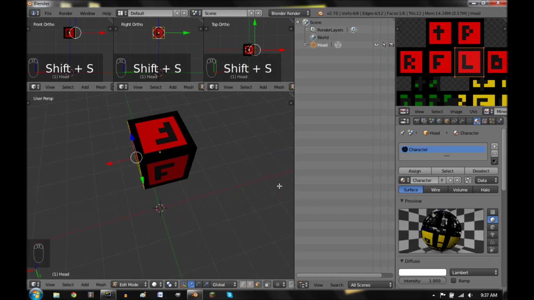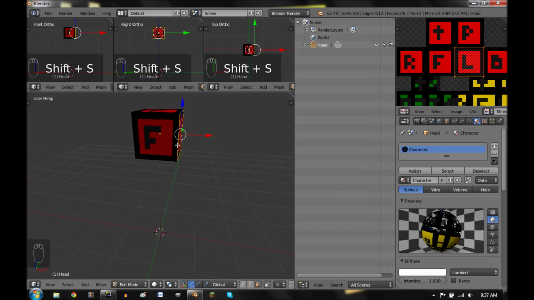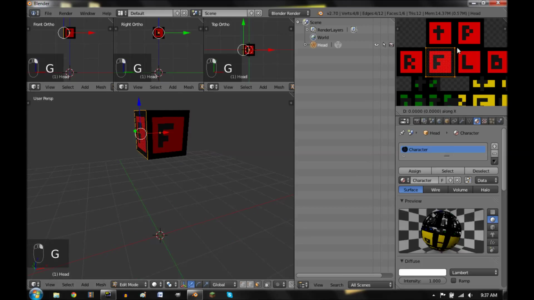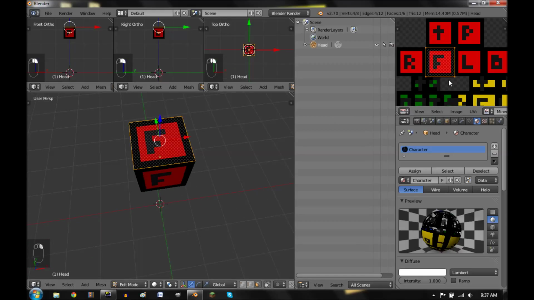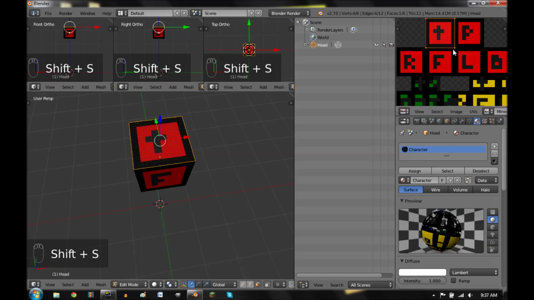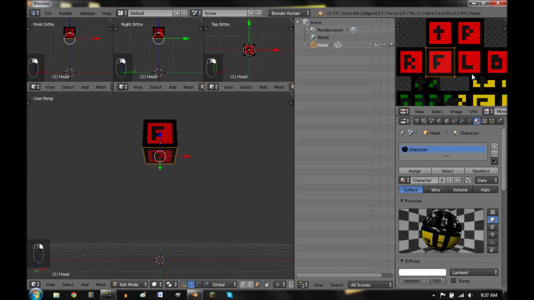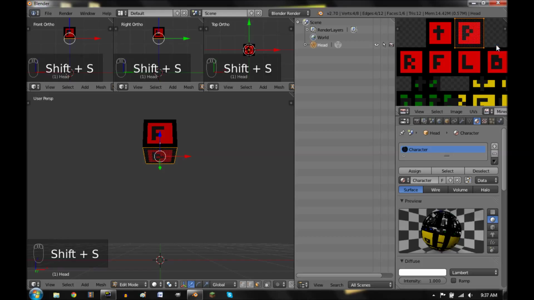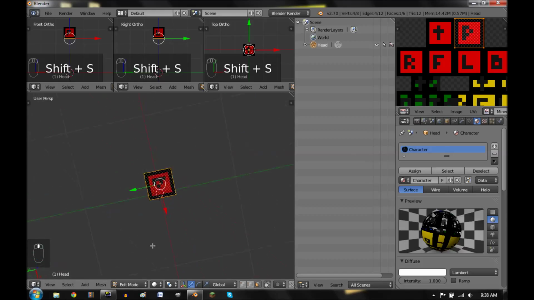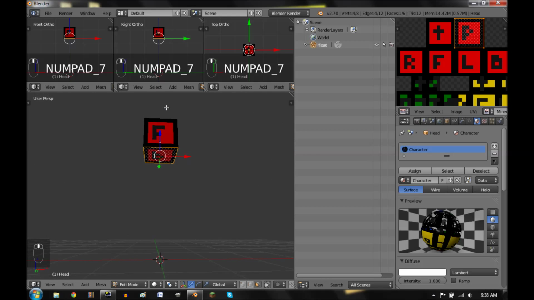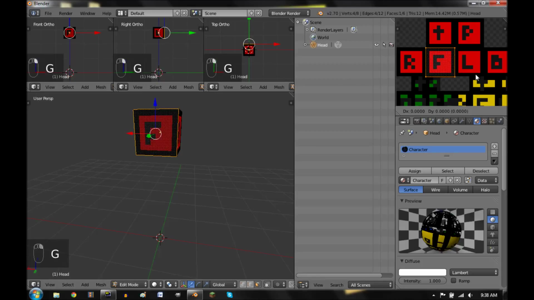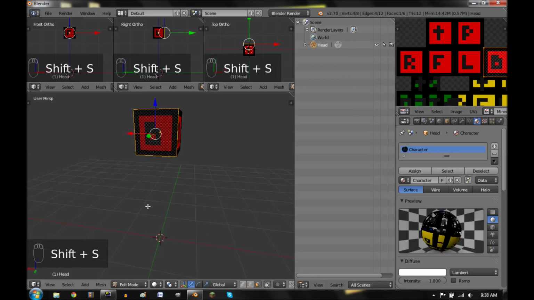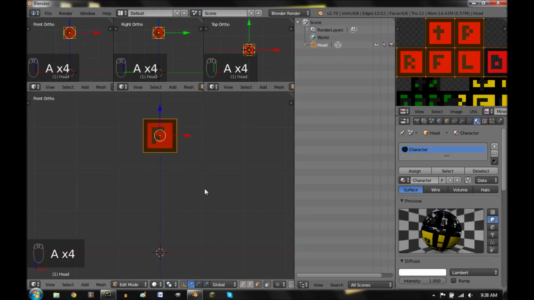And by the way, I'm doing this according to which way the character is facing, so that's the left face, and G X, and that one's the right face, G Y, this is the top face, and I'm just going to drag this over here. And if you'll notice that this is upside down here, well, an upside down D, it should be a right side up B on the bottom. And then for the back, G X, Shift S, select the pixels. Okay, so now we have our head mapping,